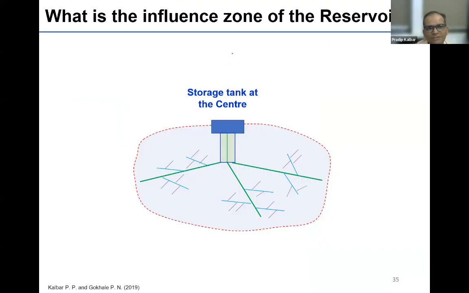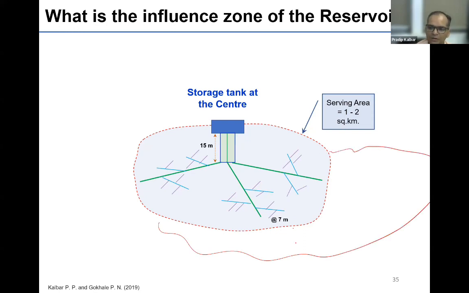So first is deciding influence zones of the reservoir, of your storage tanks. So typically the storage tank is 15 meter to 20 meter in height. We have to maintain 7 meter as a residual pressure here. So how far we can go from here is very important, because if you just haphazardly start increasing these zones, it will create a tremendous amount of problems, and whoever was getting water will not also get, and people will start using household pumps.